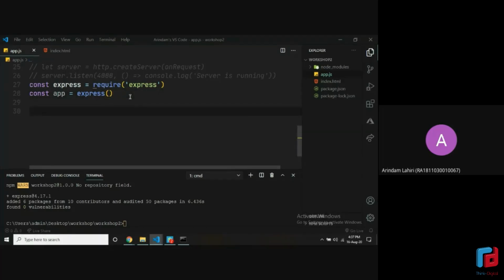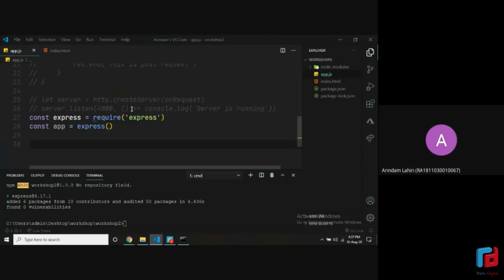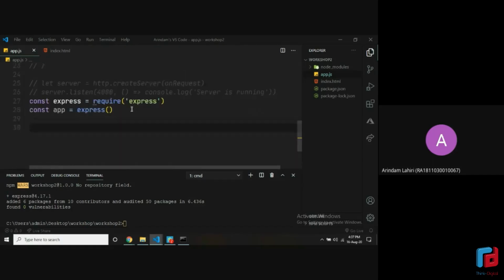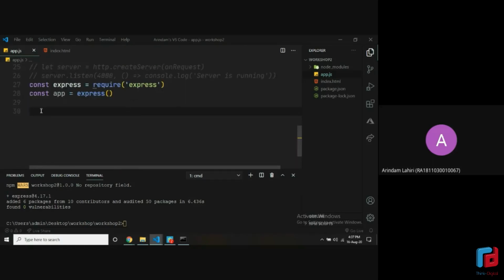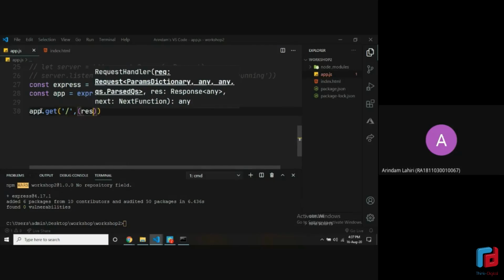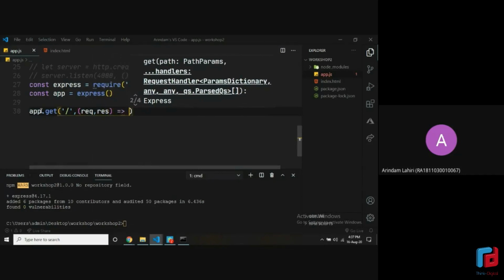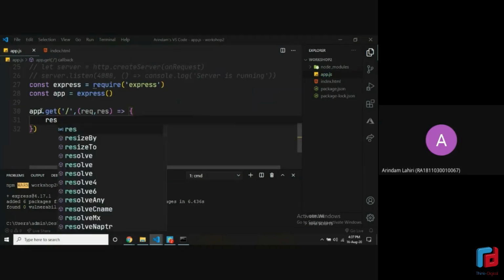Now, whatever we have written till now, I'll just quickly convert everything into Express, and I'll explain at the end how everything is the same. And I'll show you it just works the same. So you can just copy along with me. And in the end, I'll explain what's happening. It's the same again. We define a path and then there's a callback function. There are little differences, which obviously you can see.